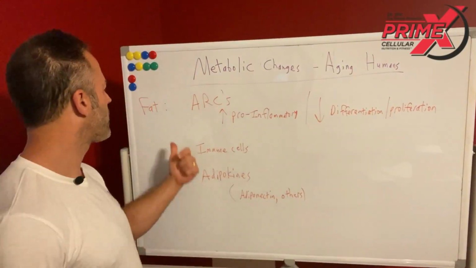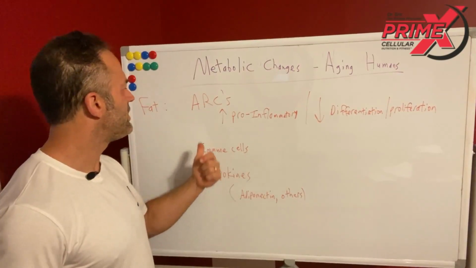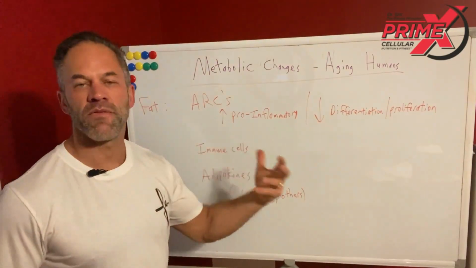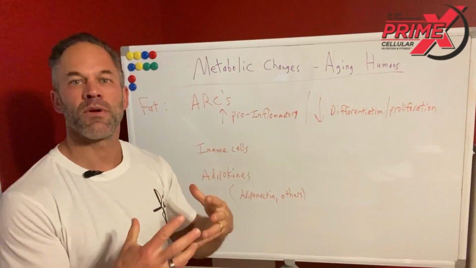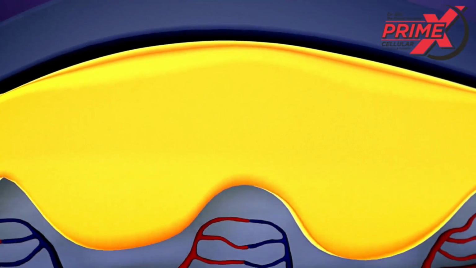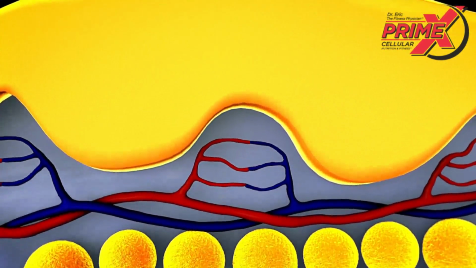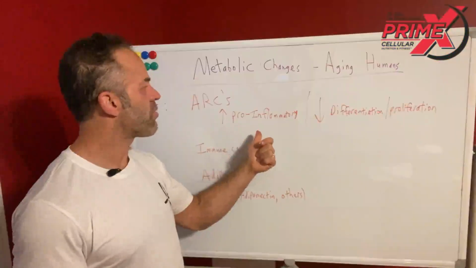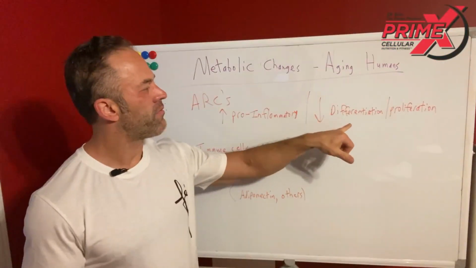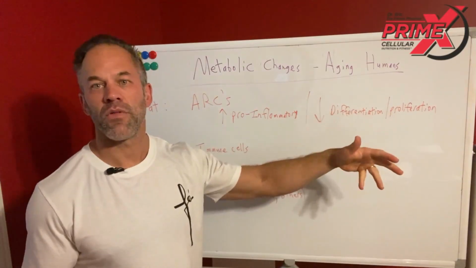So the last component I'm going to talk about is fat. Basically, these aging-dependent regulatory cells have been found to be mixed in with the fat cells. It's a subcomponent, a piece of these fat cells that, as we talked about before, when fat cells multiply or grow, there are more of these ARCs. And the problem is that they're very pro-inflammatory. They can inhibit differentiation and proliferation of other progenitor cells.